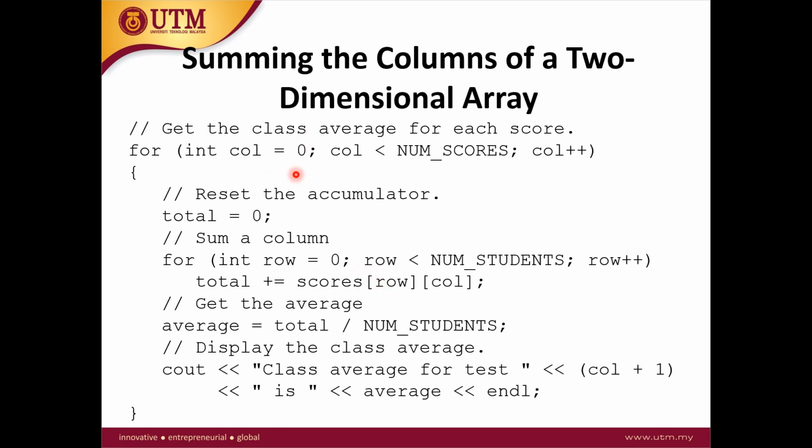So the col is 0 and the row is starting from 0. 0 is less than 3, yes, so row 0 col 0 is going to be added to the total. Then the row is becoming 1, row 1 col 0 is going to be added to the total. Row 2 col 0 is going to be added to the total. Row is becoming 3, 3 is not less than 3, and this loop stops, and then the average is going to be calculated and displayed. So this is how you can sum a row or a column of a two-dimensional array,